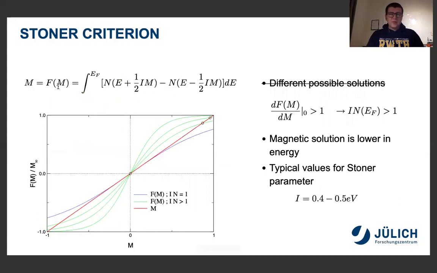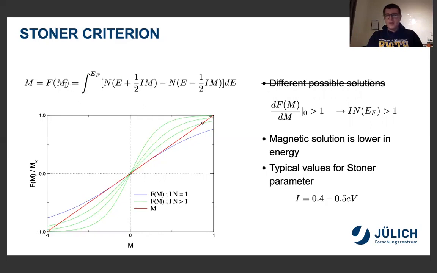So if you now express this function and use the Taylor expansion we saw before, you can achieve this integral. So this basically is a simple model where we use the Taylor expansion, of course, and is related to the Stoner model or the so-called Stoner criterion. If we now